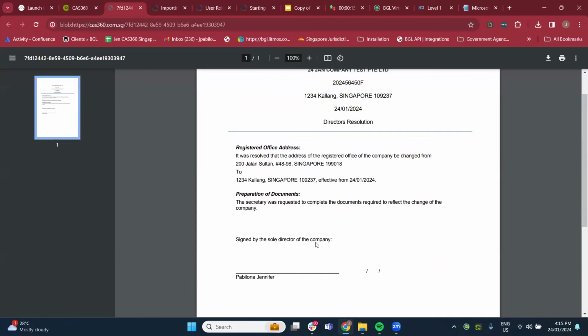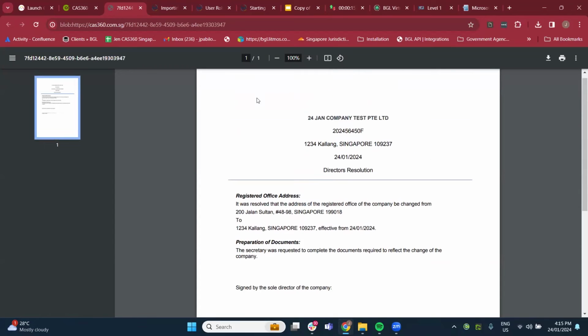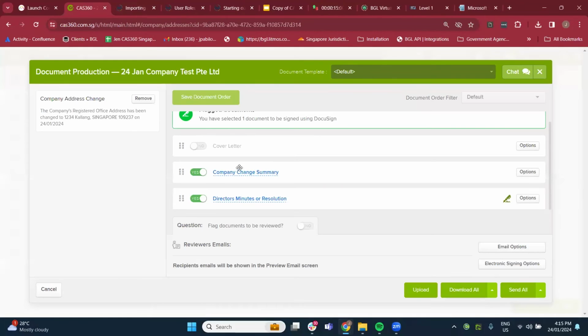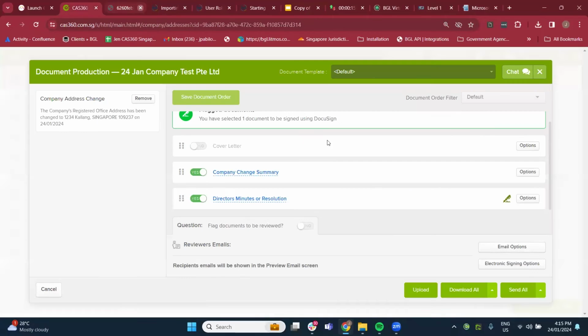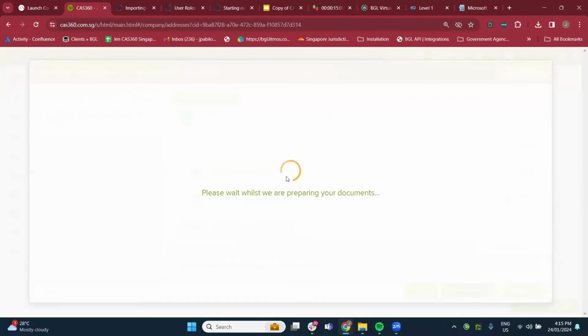You can see over here, this is my sample document. This is also a customized document as well. You have your company change summary. So once I click on download all,